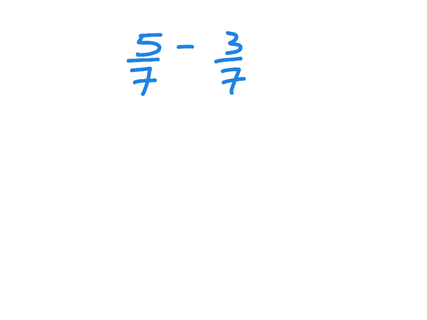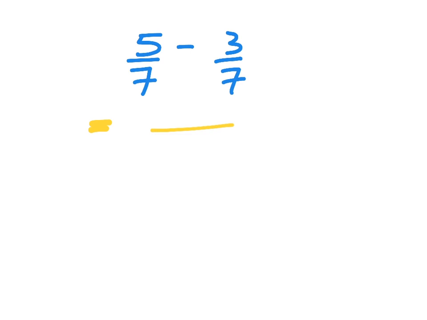In our first example, we would like to subtract two like fractions. We want to subtract a like fraction from another like fraction: 5 over 7 minus 3 over 7. The first thing you want to do is to make sure that these two fractions are like fractions. So we'll look at their denominator, and in this case we see that they have the same denominator, so they are like fractions. So the next step is you want to write one of the denominators